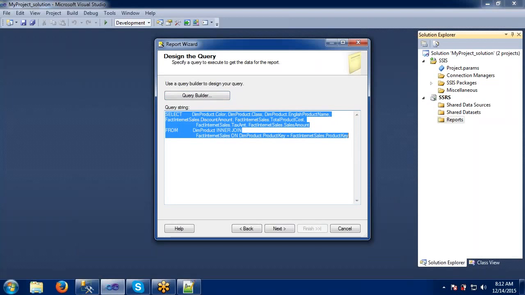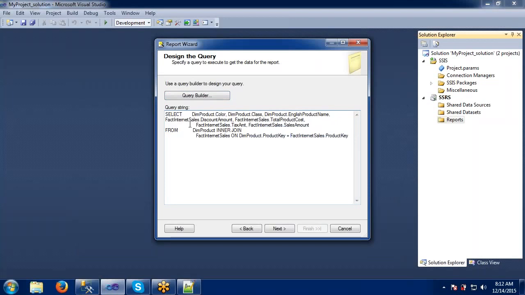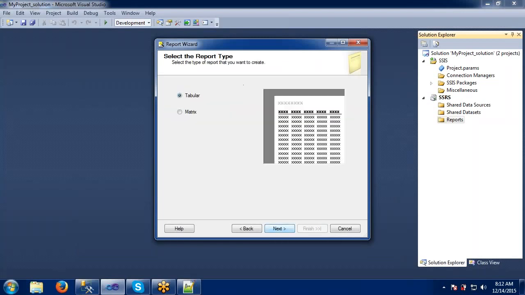Okay. In this query builder, if you know how to write this directly, just write your query here. If you don't know, just go to the query design builder, and from there we can pick our tables and columns. Now next here, it is asking tabular or matrix, meaning how your report is going to be displayed.